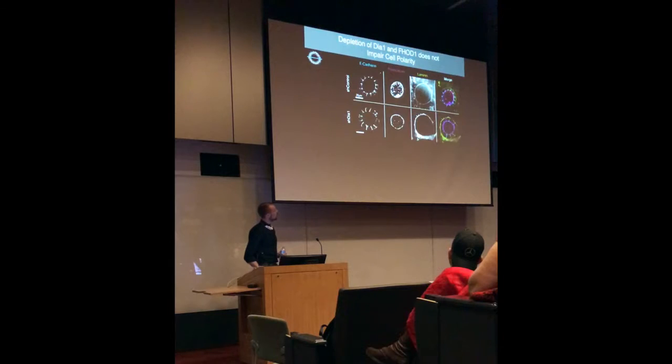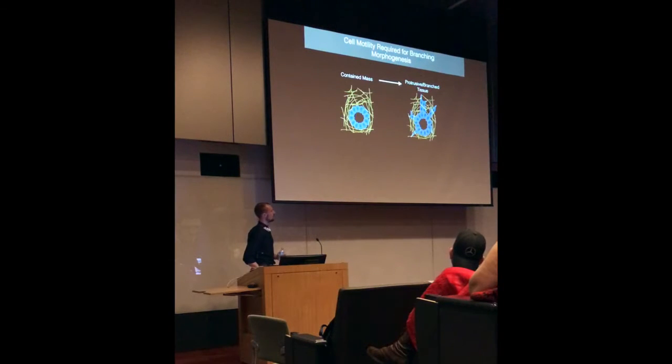And then we were very encouraged to see that the short hairpin for Dia1 looked roughly similar in its localization to the control, as well as the short hairpin to FOD1. So it seemed like these model tissues look normal and indeed have at least these core polarity proteins in the right place. So now that we're assured of that,